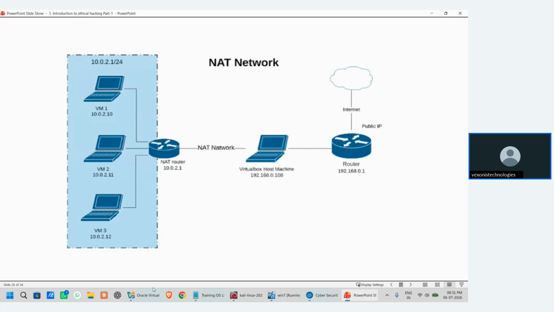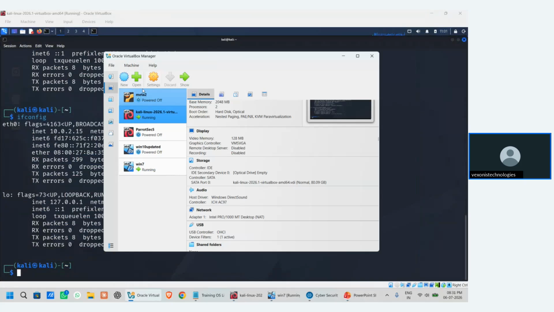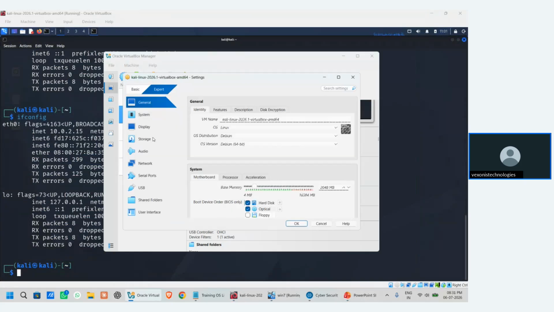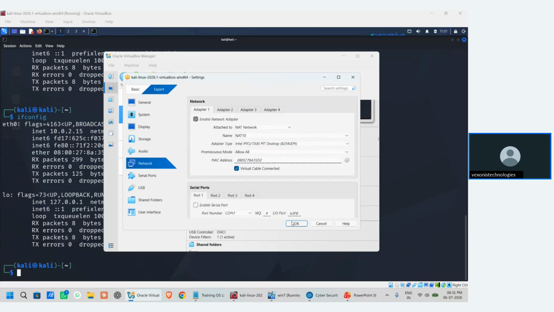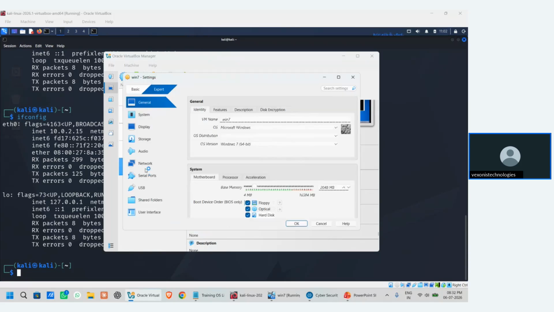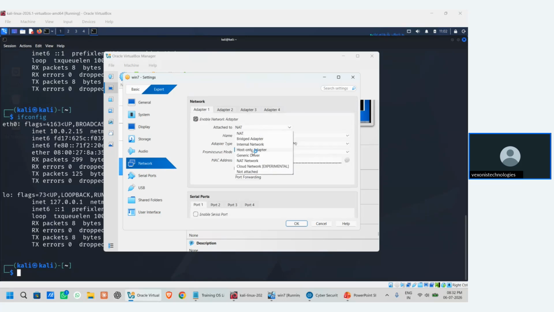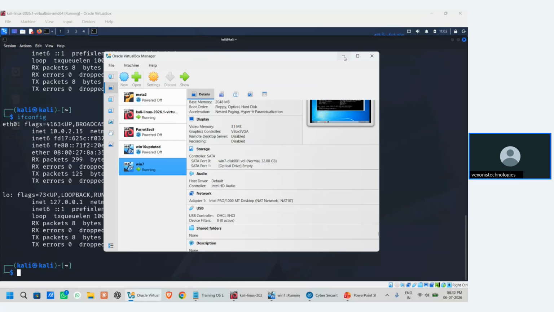Previously we kept NAT, so now let's keep NAT Network, my dear friends. Now let's keep NAT Network for these two machines. For the Kali Linux machine, I'm keeping NAT Network, and for Windows 7 I'm also keeping NAT Network. Clicking on OK. So now, according to theory,